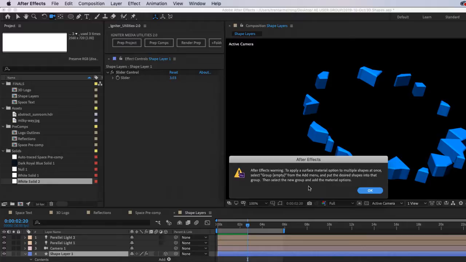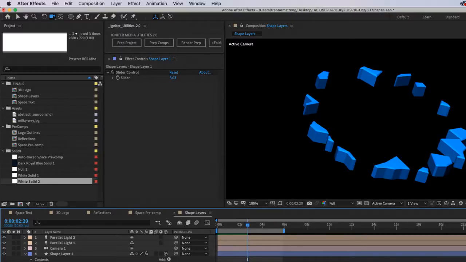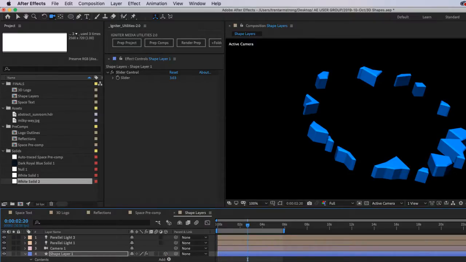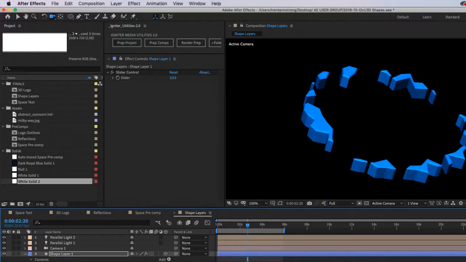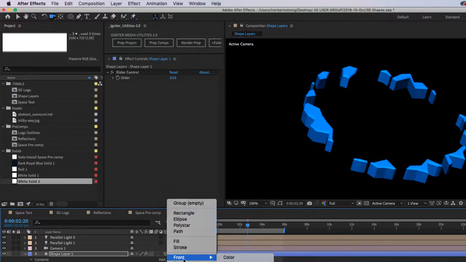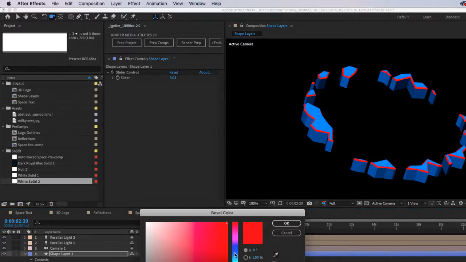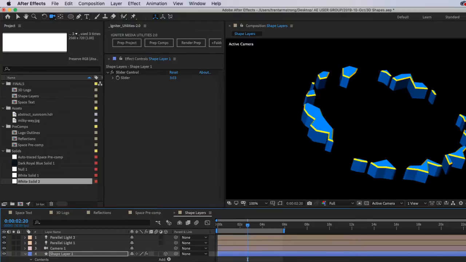What we would do is actually probably add a group like that and put all of this inside that group. And then we can add the bevel color, like so.